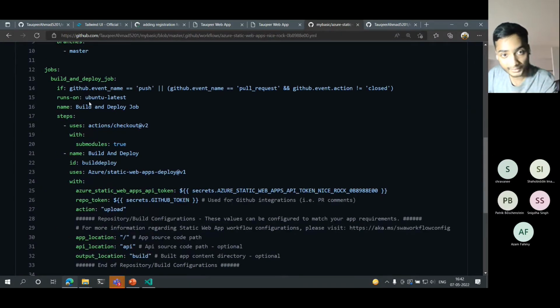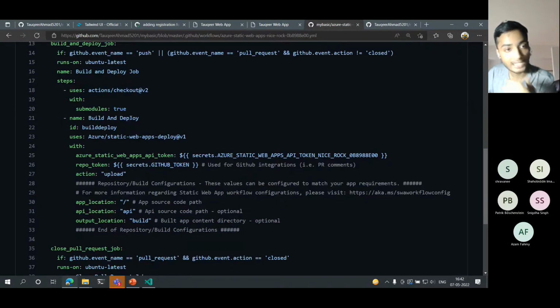What you have to do, listen carefully. Building and deploying the action part. Action contains some sort of feature to pull the code from a desktop over to Azure, and Azure will show. Here comes the Azure. Azure will deploy your web app over the internet and show your content to the whole internet.